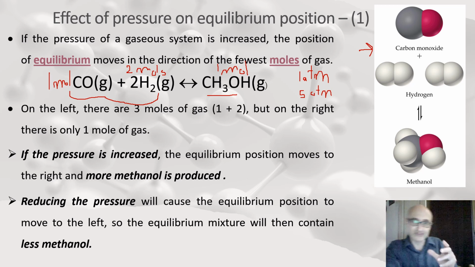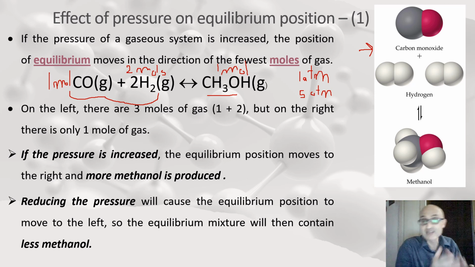So, I'll repeat myself. If I were to increase the pressure from 1 atmosphere to 5 atmospheres, the equilibrium doesn't want to experience this pressure. It tries to get rid of this pressure. How can it get rid of the pressure? By favoring the forward reaction or the backward. It tends to favor the forward, because by moving forward, it's converting 3 moles of gaseous particles to just 1